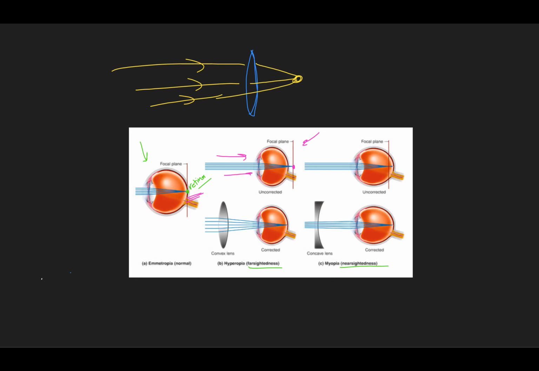So how can we solve this problem? We need to help the eye converge the rays more, in order to converge them on the retina. In this case, we give them a convex lens, so they wear convex lenses. This convex lens helps initially by diverging the light. When these rays come to the eye, they are already diverged by a percentage. This helps the image to be converged at the retina, and then it is sent as a nerve signal to the mind,